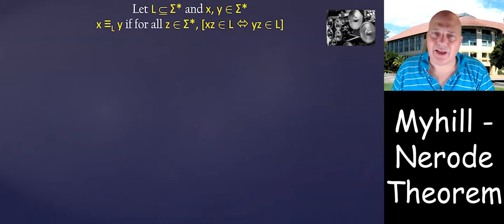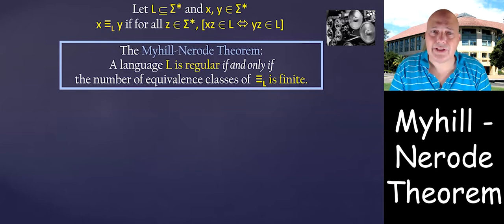Now, what does it mean that we defined here an equivalence relation? It means that we can now talk about equivalence classes. We can divide all the strings in the world into equivalence classes, and there could be an infinite number of equivalence classes for some languages and a finite number of equivalence classes for other languages. The Myhill-Nerode theorem says that this distinction is exactly the distinction that tells us if a language is regular or not. So the Myhill-Nerode theorem says that a language L is regular if and only if the number of equivalence classes of L